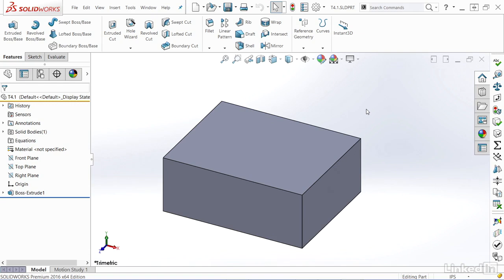Custom properties are very handy for relaying information about a part into a drawing or a bill of materials. To take a look at custom properties, let's go up here to the top of our screen and click on